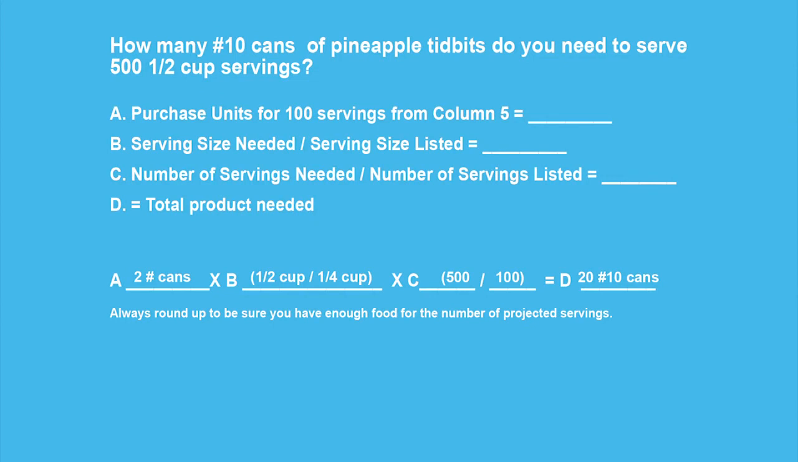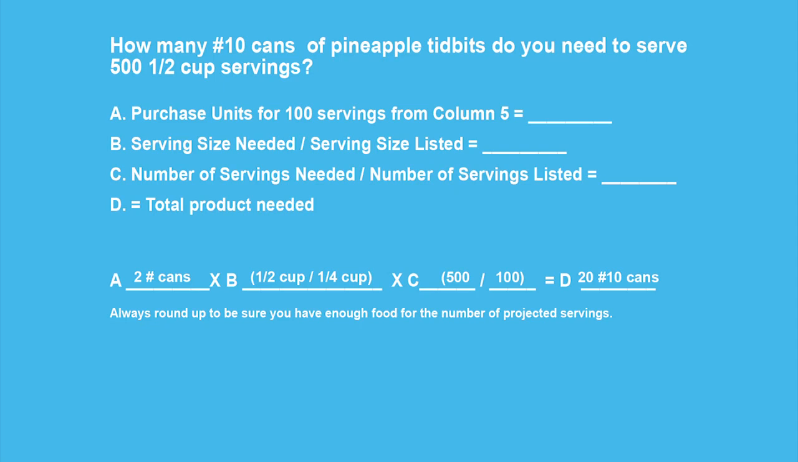So if you need to have 500 1/2 cup servings, you follow this procedure. Multiply 2 times 1/2 divided by 1/4 times 500 servings divided by 100 servings equals 20 number 10 cans. If the answer happens not to be a whole number, you should always round up to be sure you have enough. You can use the food buying guide to do the same type procedure for fruits, vegetables, and grains or